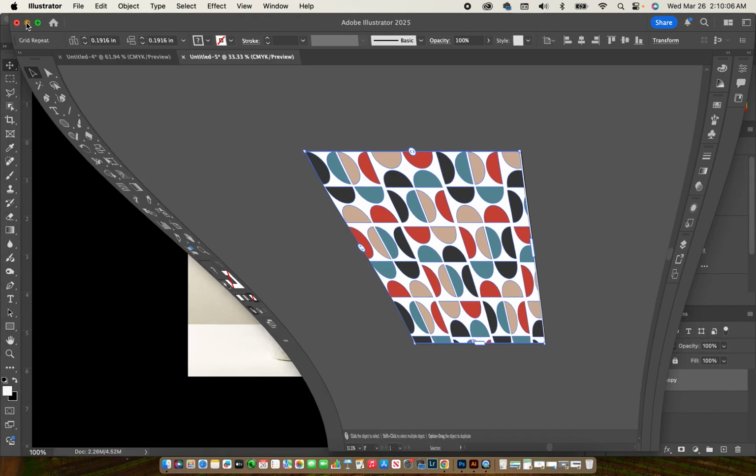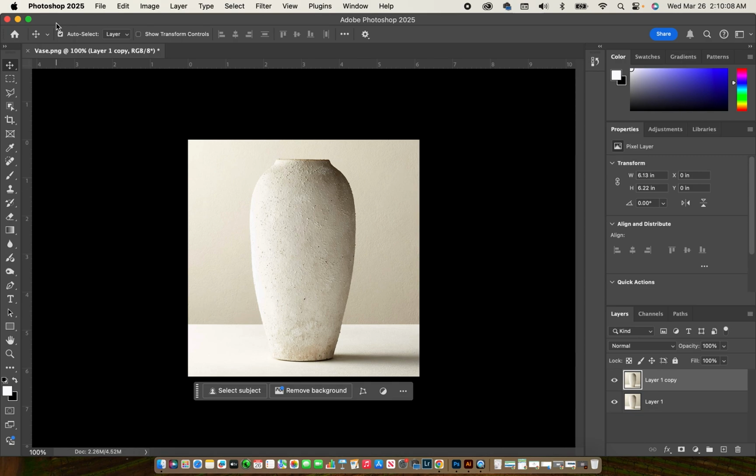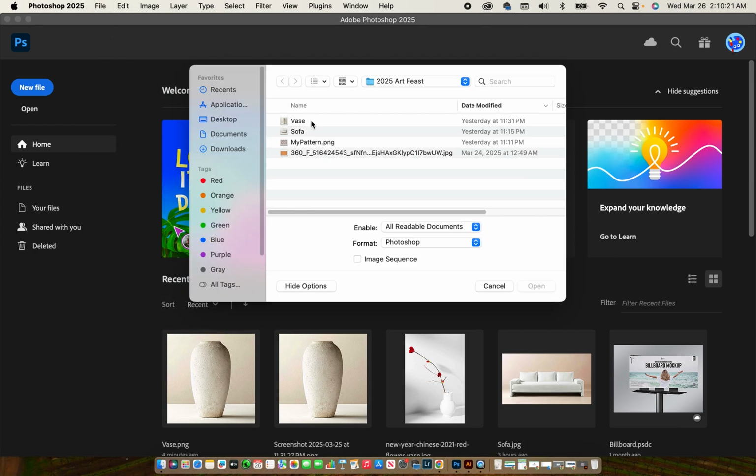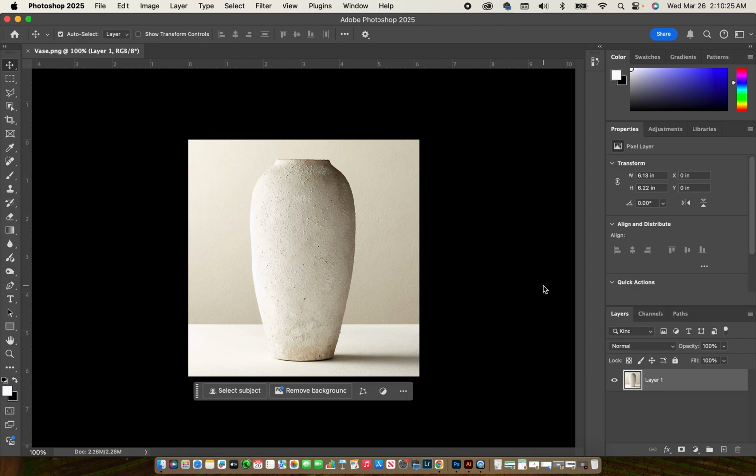Now, this vase is something that will be in Google Classroom for you. So what you're going to do is go to File, Open. You're going to find where you have that vase, and click Open. So once I have the vase,